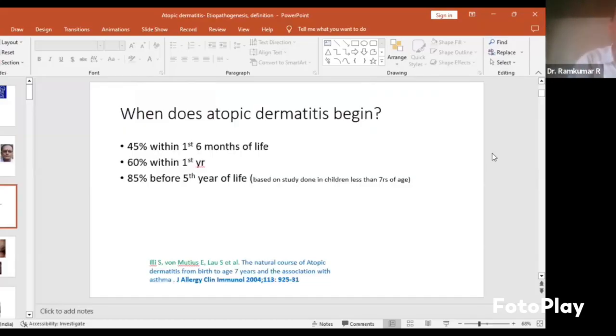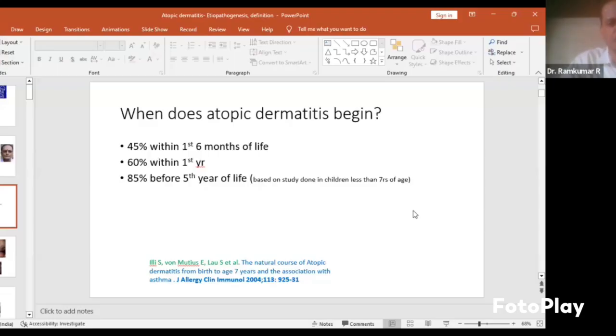The starting point for discussing atopic dermatitis should be this: the age at which it is prevalent. Most of us use this study, published in 2004, about the incidence and prevalence of atopic dermatitis, and it is mentioned that 98% of atopic dermatitis occurs in childhood, but it's not true. If you look into the study, it was done in children less than 7 years of age. So in children less than 7 years of age,